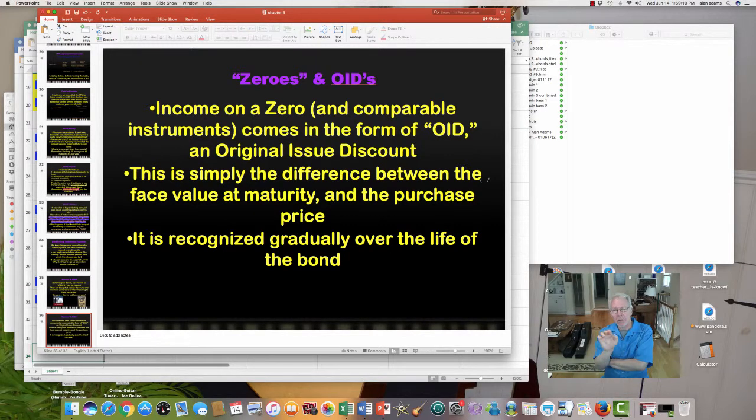Okay, so the problem with these zeros is that the OID, its growth from 400 to 500, later on 500 to 550, 550 to 650, that's taxable. All right? Now, you haven't gotten any cash. This is an investment you're holding, and now you've got to pay a tax. Okay, so zeros can be a trap in that respect. You've got to pay a tax with money you haven't made yet. At least you haven't made it realistically. You've only made it on paper. But if you put one of these zeros into an IRA or a Roth,